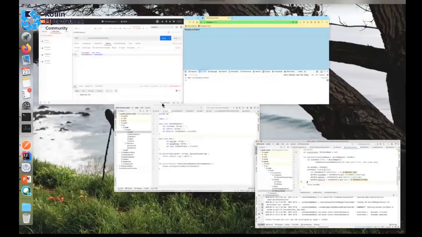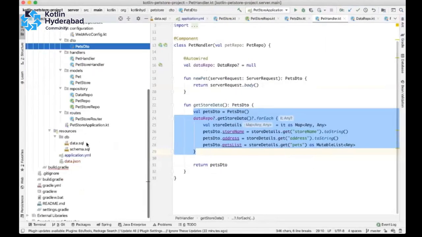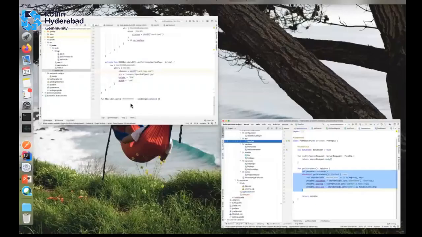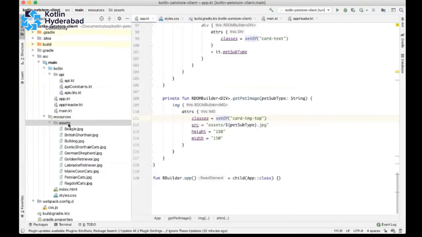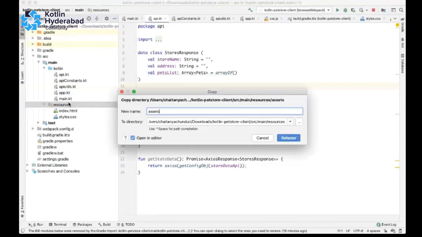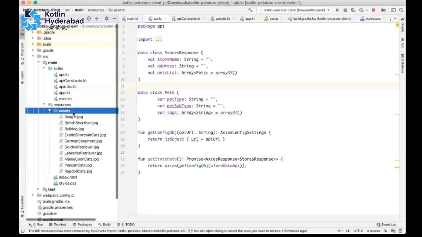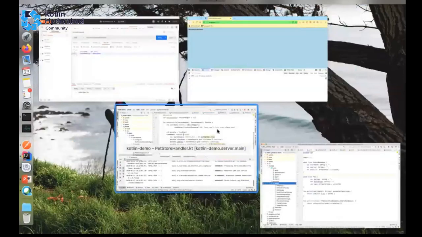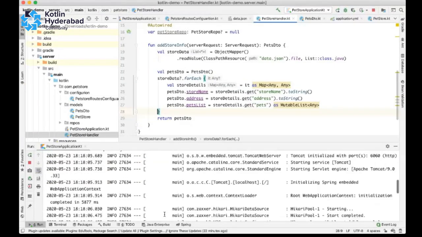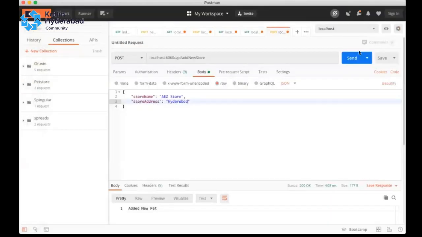Meanwhile, I'll also copy paste all the images that are required for the UI. So I think our application is loaded. Let us test in Postman.